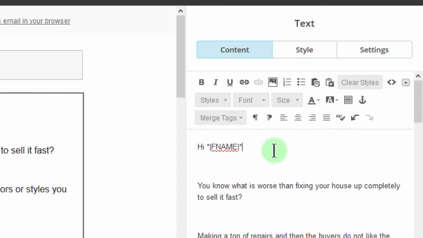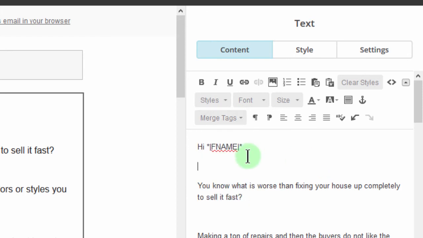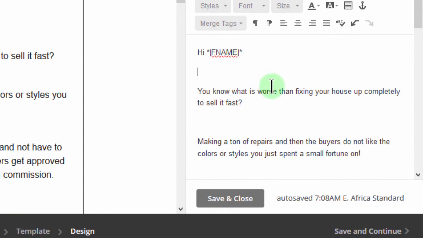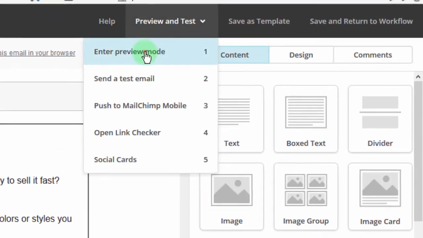So when you're doing this final debugging for your merge tags, it's important that this template has been used in a campaign or it has been used in an automation. Because if you do it, then it means that this template is already connected to a list. So if you come here, you will see all the list fields and you can use them then. So make sure it's being used in a campaign or in some automation. So if I save this and then I preview it one time